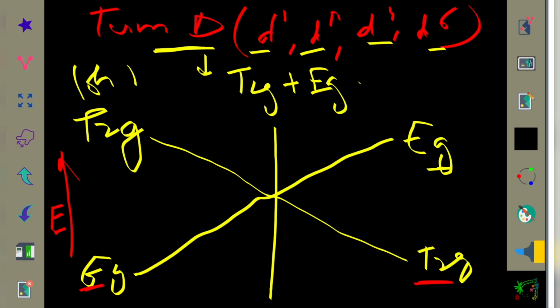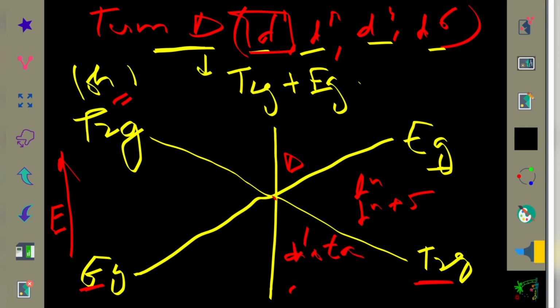Moving to the right hand side, one thing you have to remember is that this is for the D state. For the two configurations, the molecular terms we have to mention are T2g and Eg. Because we are doing this for octahedral, if we want to do it for tetrahedral, remove the g values. So I'm making this single diagram for both octahedral and tetrahedral simultaneously. This side will be for dn and dn plus 5. Suppose d1, so this side it will be for octahedral d1 and d6 octahedral.